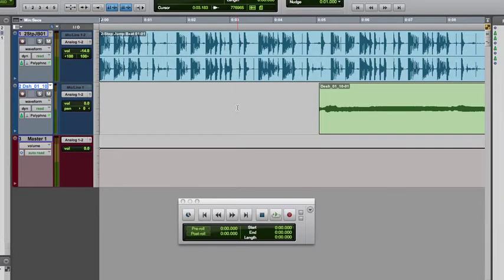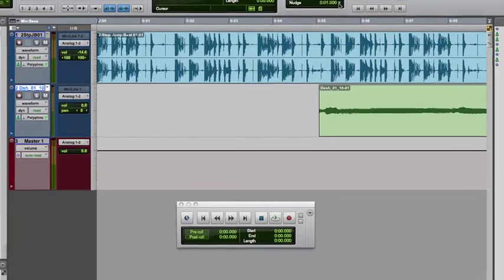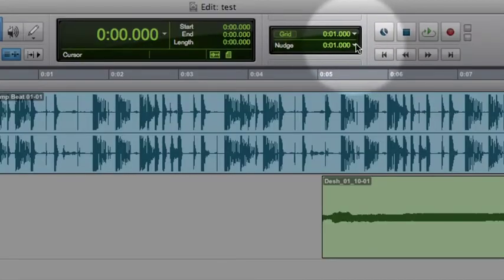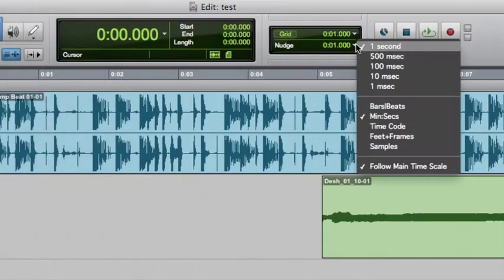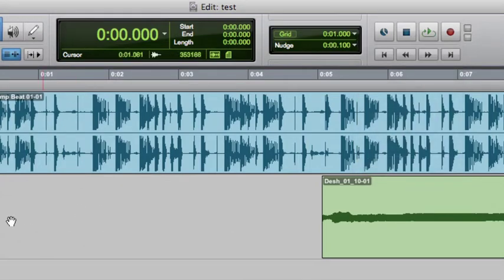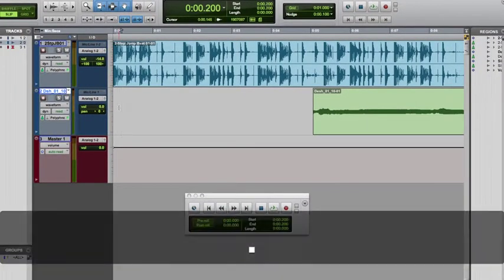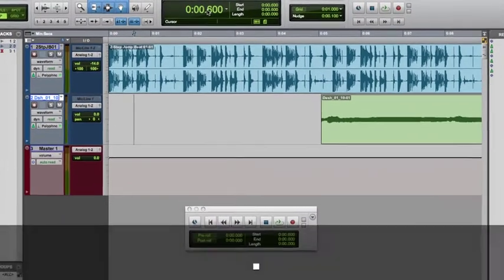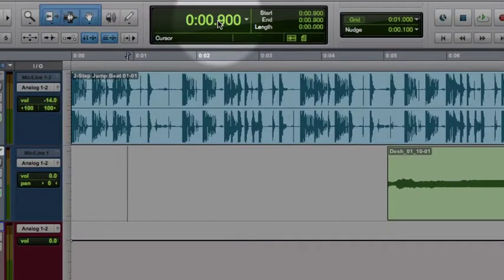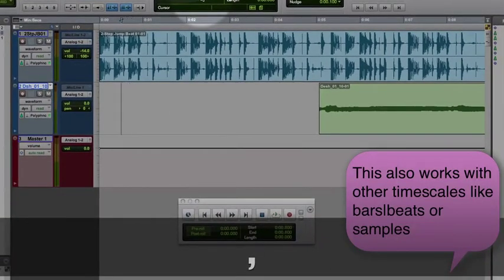The full stop and comma key nudge the playhead forward or backward based on the nudge value defined over here. So if I set a nudge value of 100 milliseconds and I hit the full stop key, as you can see my playhead is jumping ahead by 100 milliseconds, and if I hit the comma key it jumps back by 100 milliseconds,